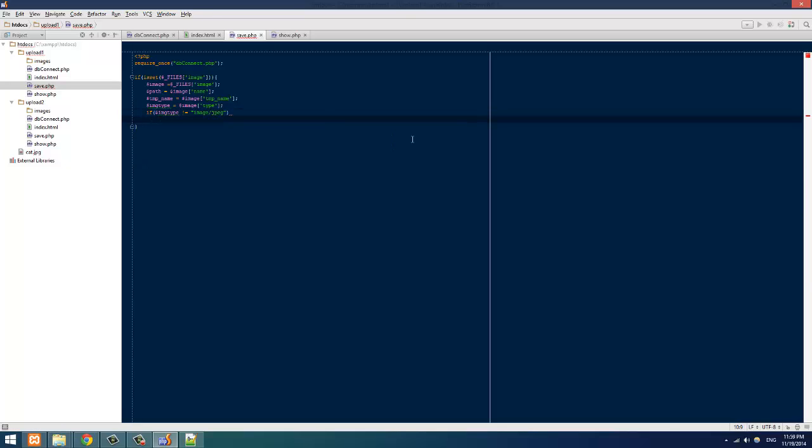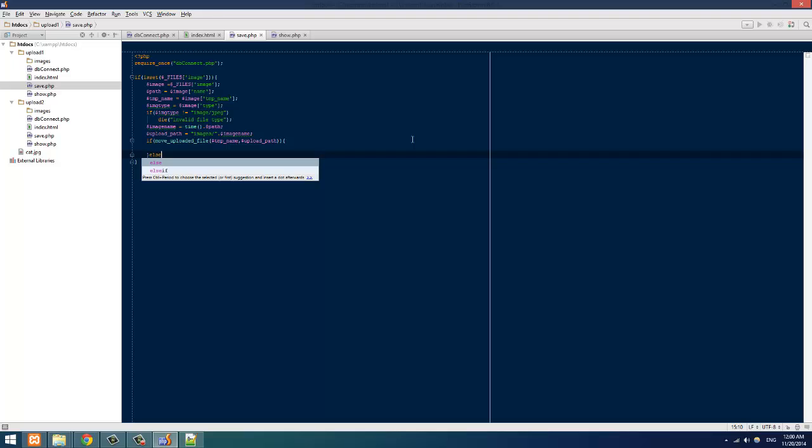Image could have other extensions, but for this example, I'll just accept JPEG files. Create a new image name and set the path of the destination. Now upload the image file to the file system using the temp name and upload path. For the chance of failing, display a message